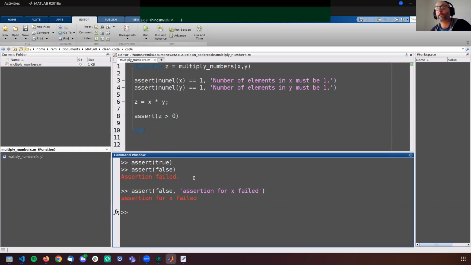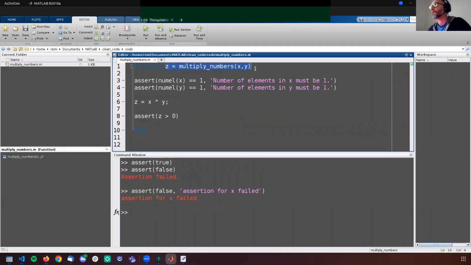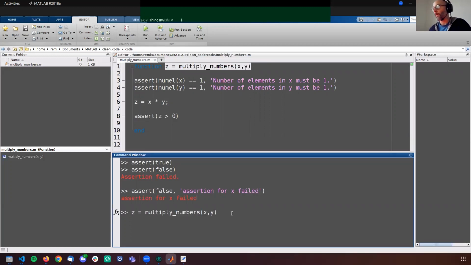But this would be how you can add some checks within your code to catch potential errors.